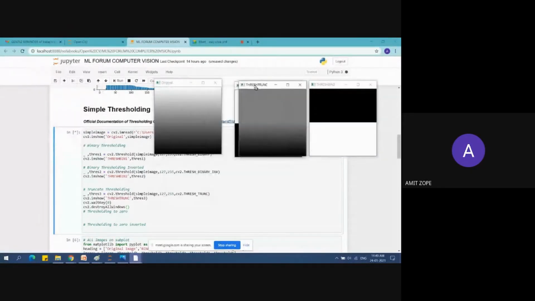What it does is, whatever the pixel values are less than 127, it will keep as they are, and whatever the pixel values greater than 127, it will make those pixel values 127. This is the operation that the thresh trunk does.